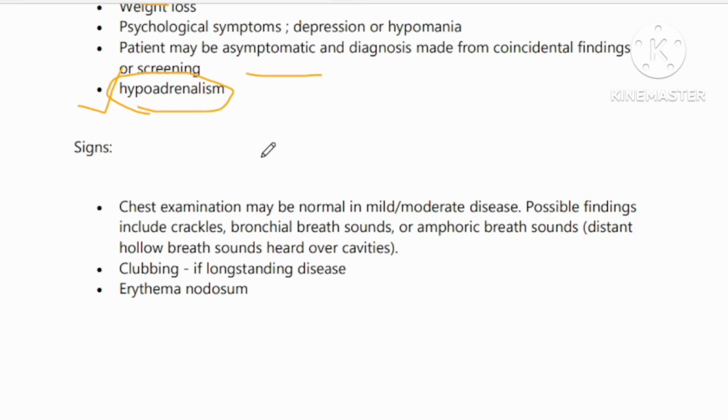So TB is the most common cause of Addison disease in developing countries. Hypoadrenalism has features like hypotension, hypoglycemia, hyponatremia. So at the first time, the presentation of a patient with tuberculosis may be hypoadrenalism or Addisonian crisis. So remember this. And somewhat a patient who has prolonged treatment of disseminated tuberculosis or a patient with